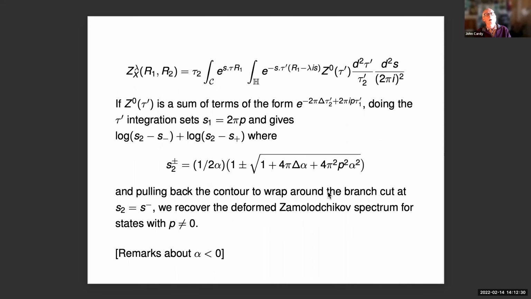So if you take this form here, which is essentially equivalent to what I wrote before, and you now integrate over tau prime, because it only appears here